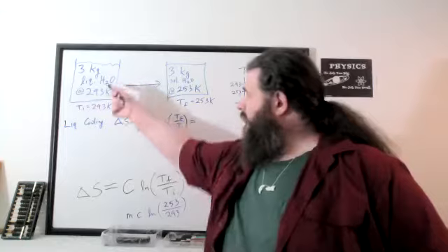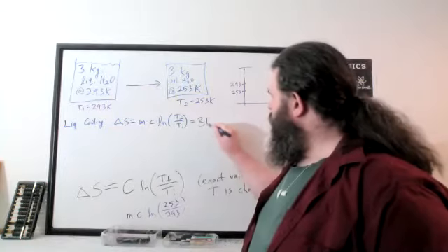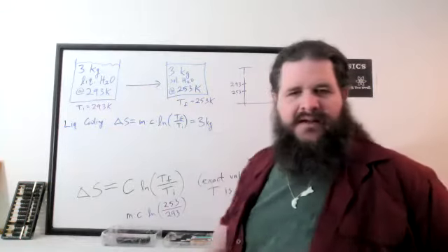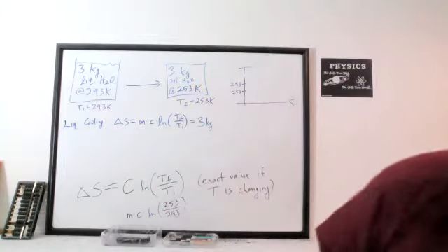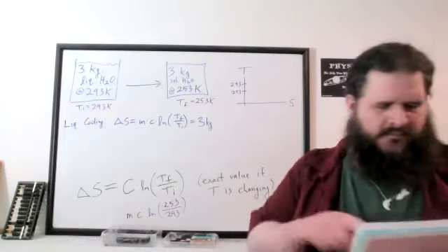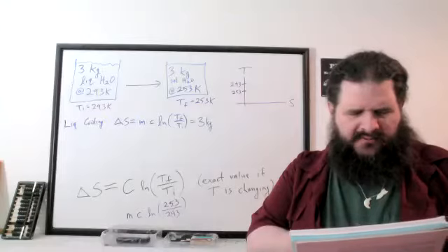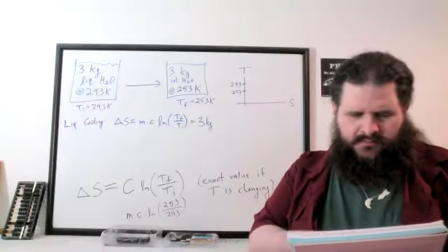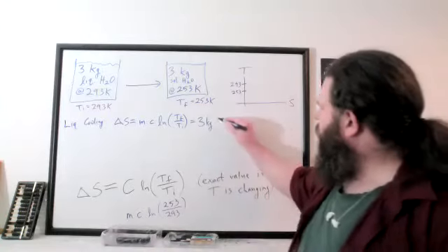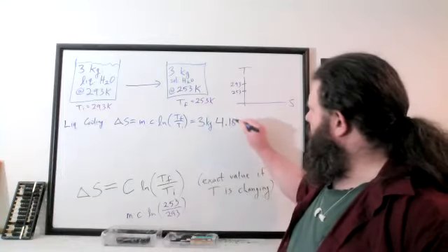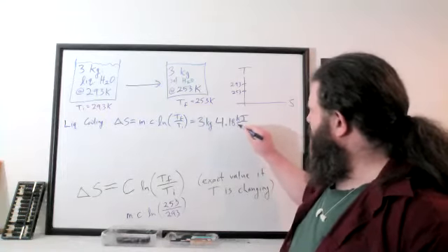Mass is going to be the 3 kilograms. Specific heat of liquid water, that's what, 333.5, I think? Liquid water, no, that's the heat of melting. 4.18